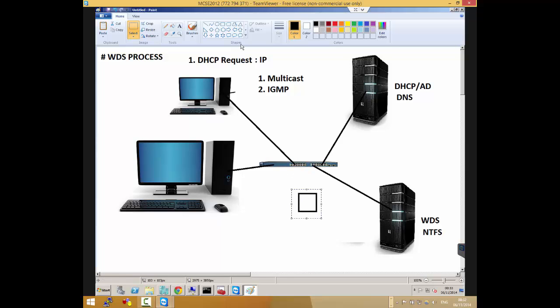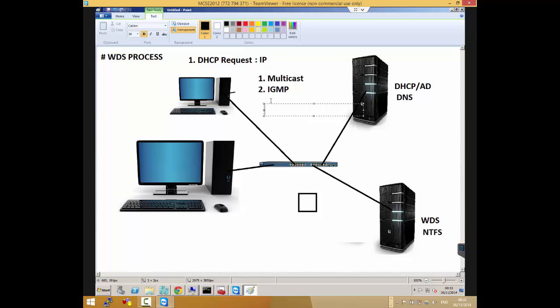The other thing Microsoft mentioned in the documentation is that multicast transmission is as slow as its slowest link. In other words, what determines the speed of the whole communication is the slowest link.